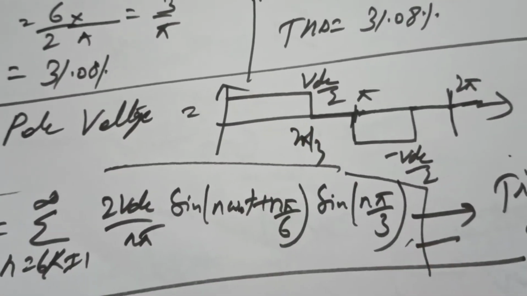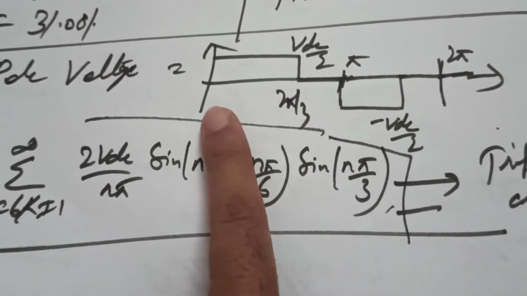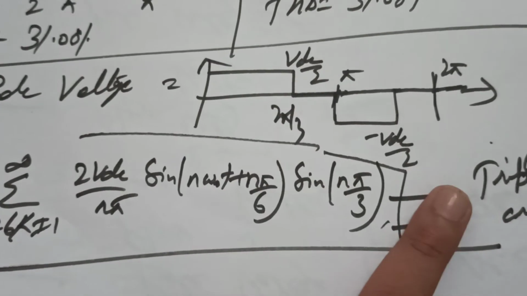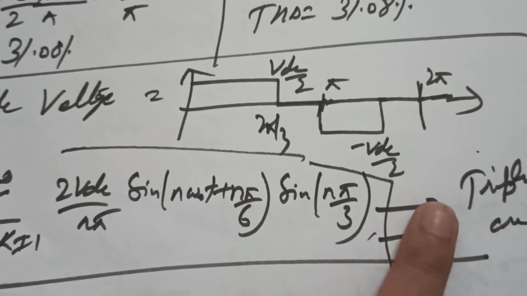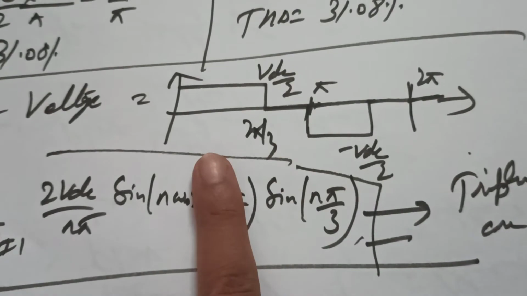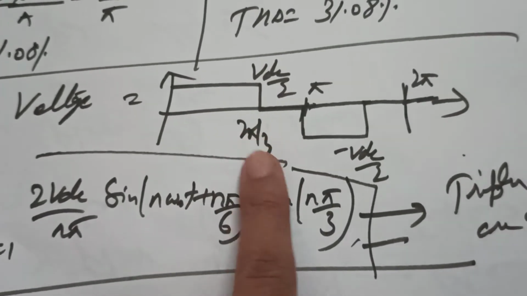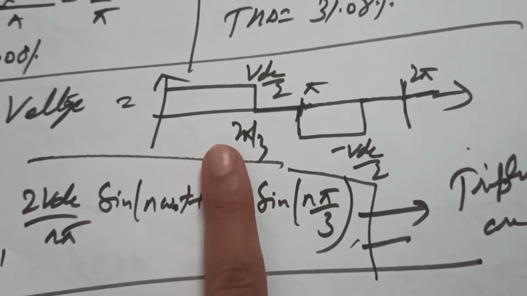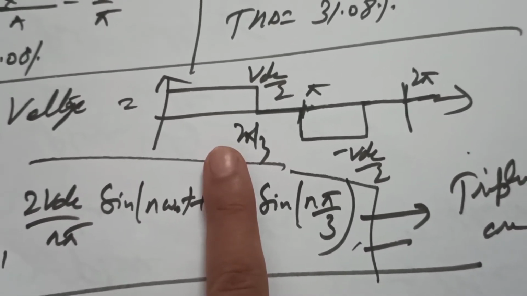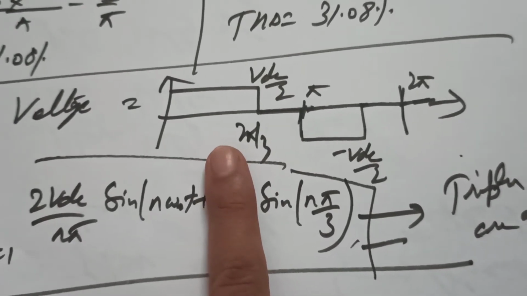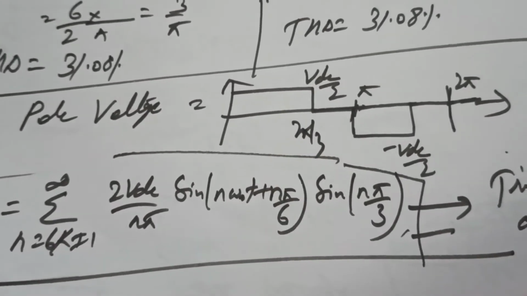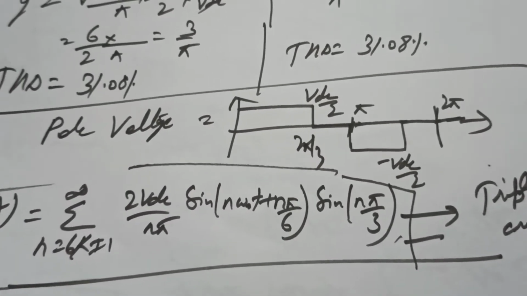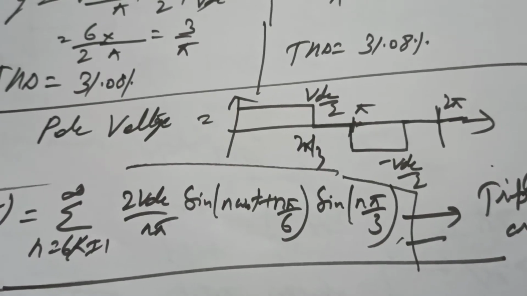This was the thing that I was discussing. This is the pole voltage in case of 120 degree mode of operation. This pole voltage is again the same, VDC by 2, VDC by 3 sin n pi by 3. So again you can say that in this voltage triple harmonics will be absent. Are you getting it? All the triple harmonics will be absent in this pole voltage. I think this concept is clear. And more precisely I can say that this was the need of the R.